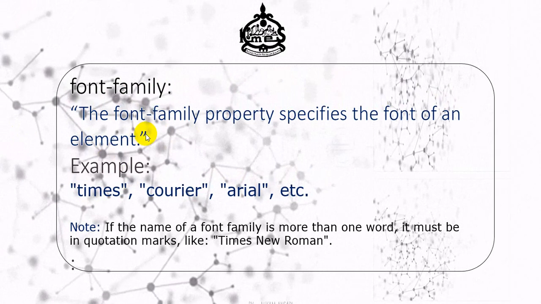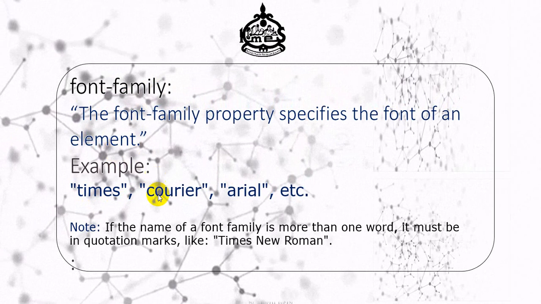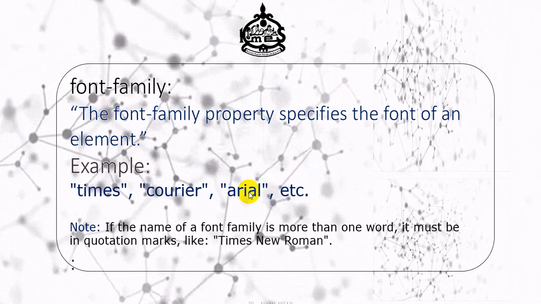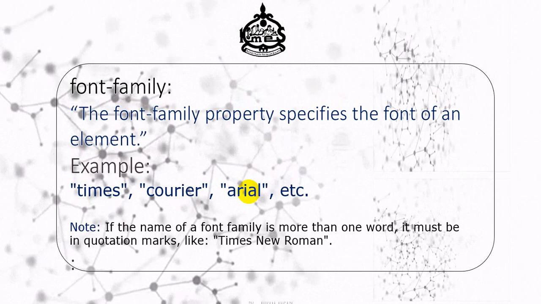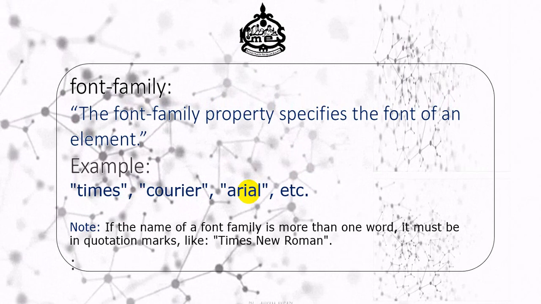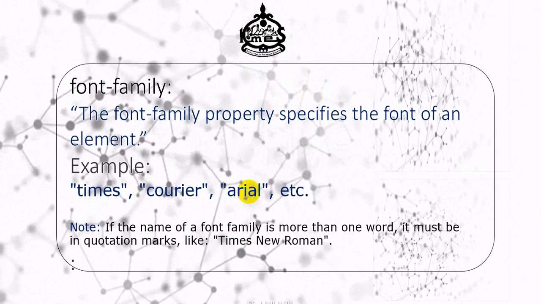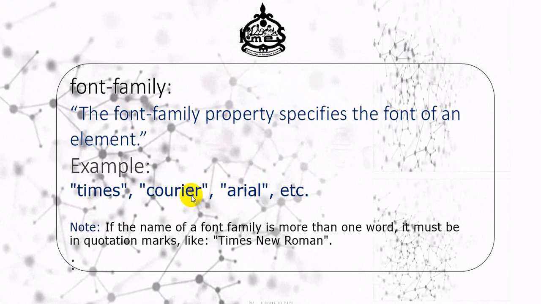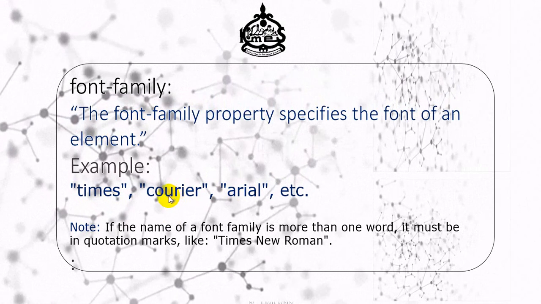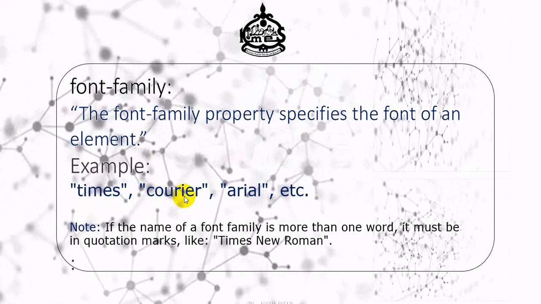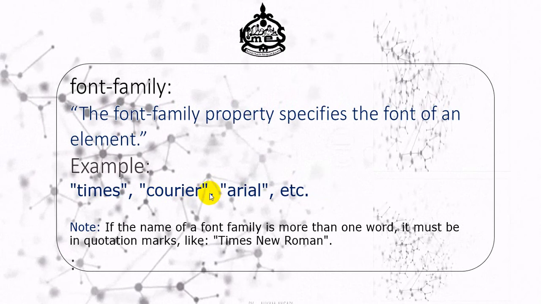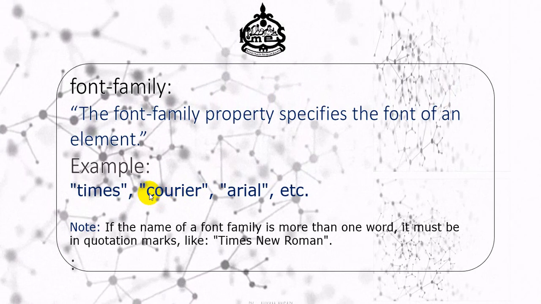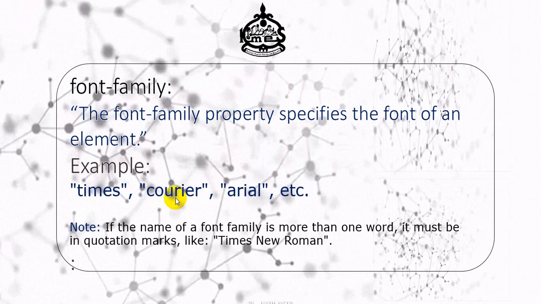Okay, there are some examples. It's Times, then we have Times New Roman, it's Courier, then we have Arial, etc. We have more than 100 members in that particular family which we can use in our web page. The important thing is that a font family member can be of one word or of more than one word. For example, Courier is a single word. I'm not talking about characters. It's a collection of characters which is known as a word.